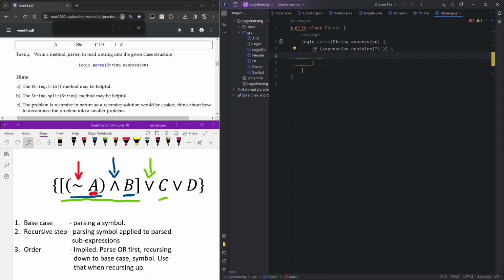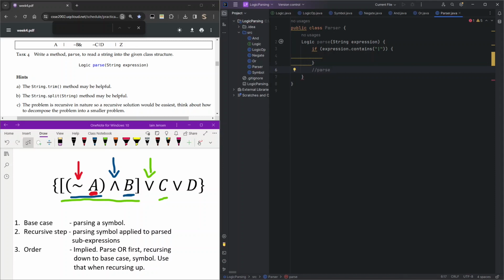We're going to look at parsing each sub-expression and returning that. Okay, if we don't have an OR in a particular expression, or we've already parsed the ORs, and the sub-expression that we're passing to parse only has ANDs, NOTs, symbols, the next thing we want to do is